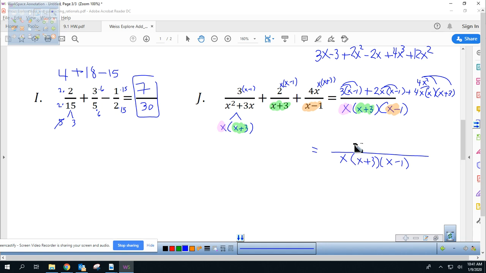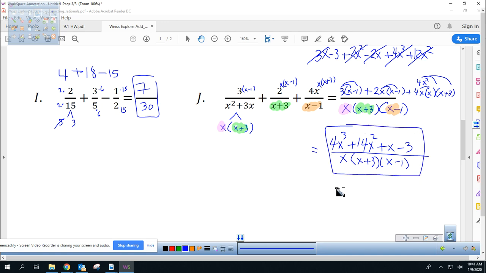I just got to make it a little prettier, combine like terms. So let's see, we'll go in standard order, highest power. Here's 4x cubed. 12x squared plus 2 more x squared is 14. Minus 2x and plus 3x is plus x, and then minus 3 left over. So this is my simplified